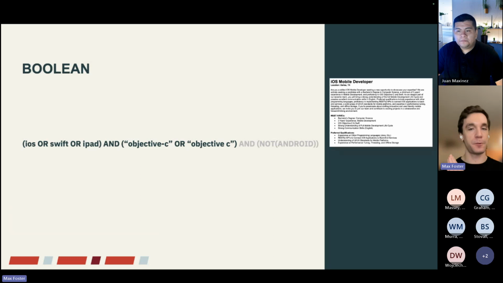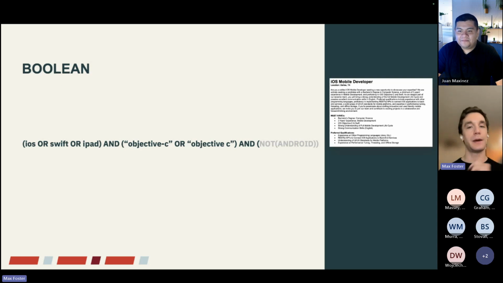Then, just for the sake of example here, I'm going to do space, and now let's do our not function. The not function is a little funky to write. The biggest thing you need to realize is that the not function is kind of like you have socks on the inside and shoes on the outside. If you do not have both socks and shoes on, you cannot leave the house. That's how I remember it. So you need to have the equal number of parentheses on either side.